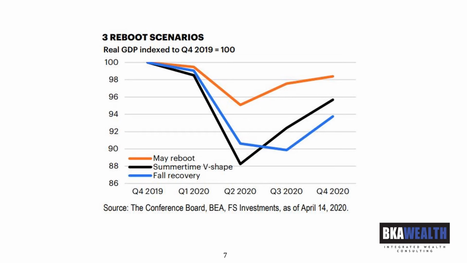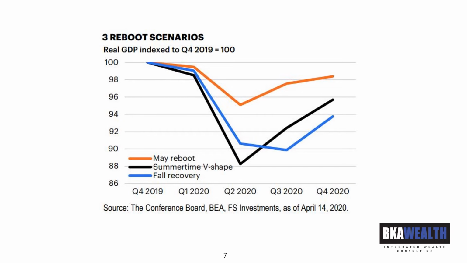But the work of the Conference Board centers around 3 particular scenarios on a reboot, basically from that moment in which the governments begin to open and whatnot. And so what you see here are basically a May reboot, which is indicative of more of an opening in May, in which we get a little bit more momentum by the end of this month, and we tend to have a shallower drop in second quarter economic growth as a result of some of the strength that we might build in the latter half of this month and into June. And perhaps with a shallower drop and then maybe a more muted recovery.